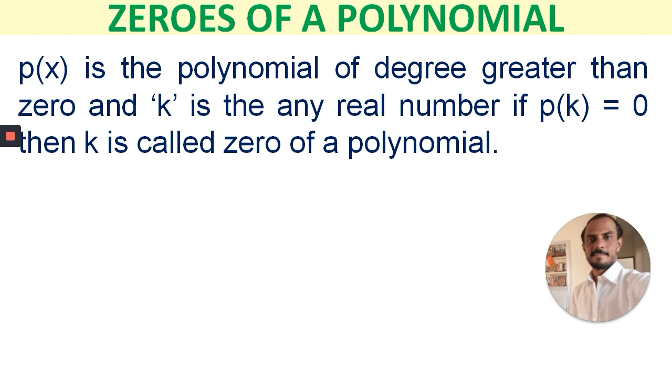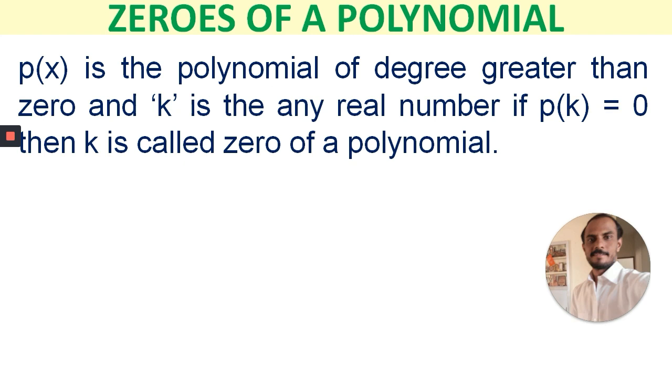After substituting that constant value in the polynomial, you replace the variable in the place of the variable. Here x is there, so in the place of x we substitute k. In the entire polynomial you should substitute like that only. At each place of the variable x, you have to replace k only. Then simplify. If after simplification you get 0, for whatever value you get the 0 by putting k in the polynomial, then that k is called a zero of a polynomial.